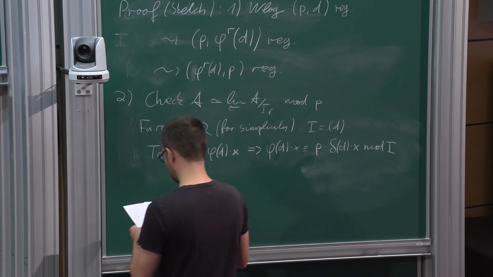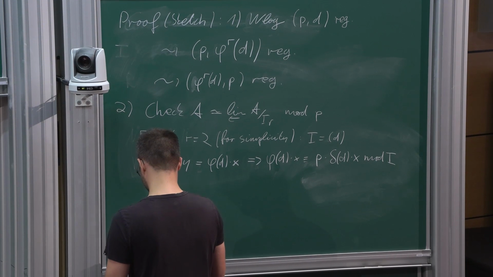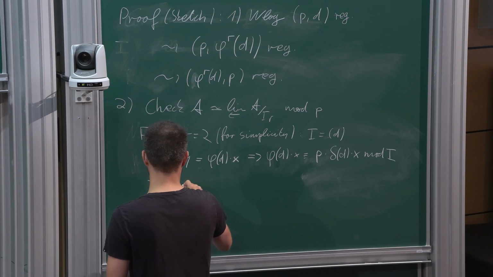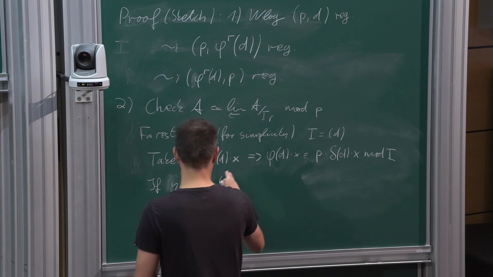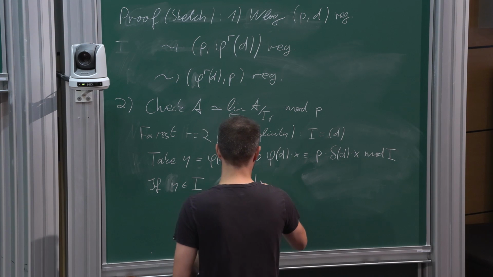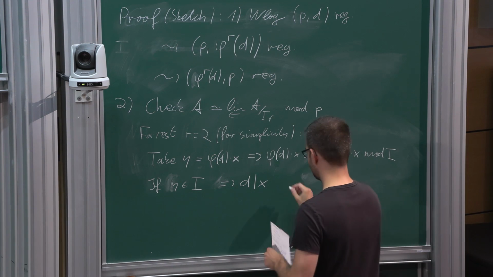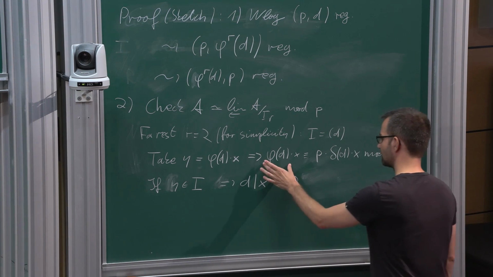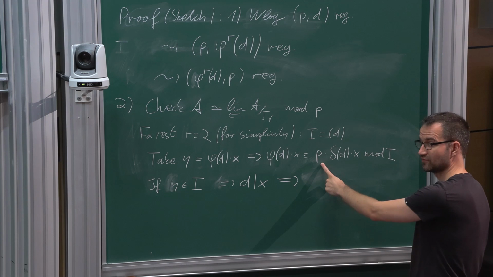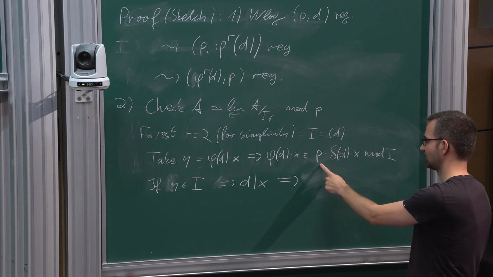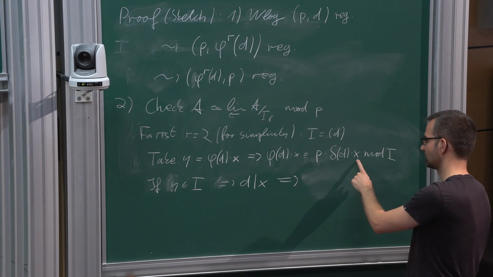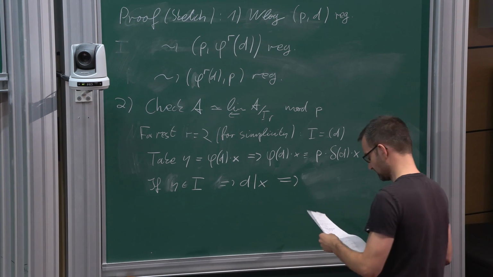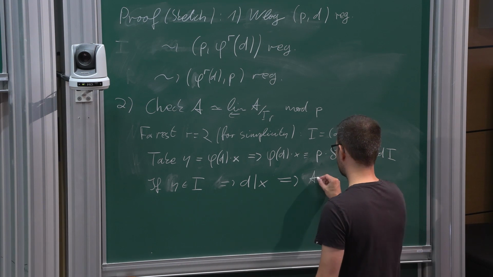But this implies, so if y is contained in I, then d must divide x, right? Because if y is contained in I, then this term here is 0, and then by the p-torsion, by the transversality, p, this implies, because that's also a unit, that x is 0 modulo I, and this means that d divides x, but this implies that actually I